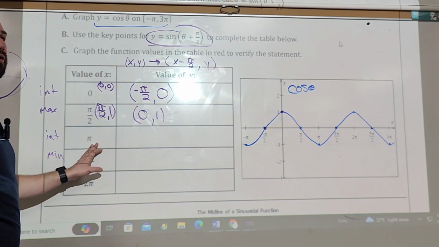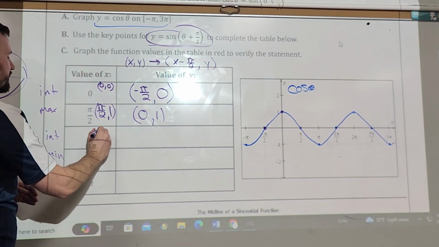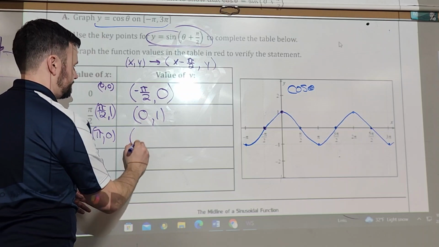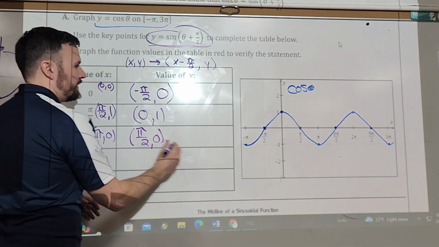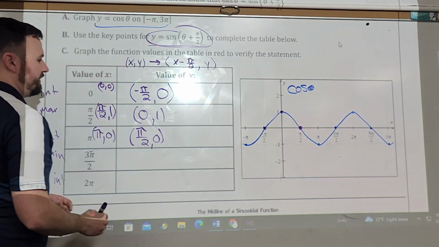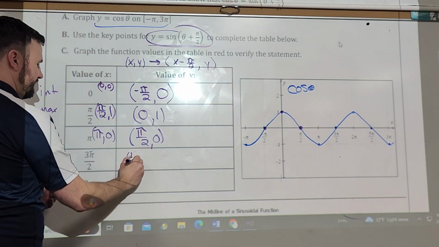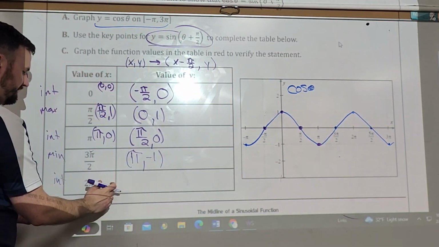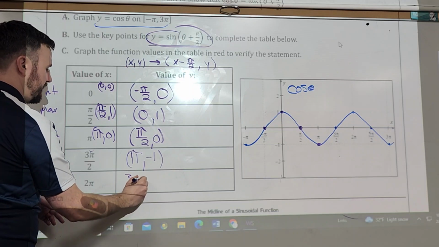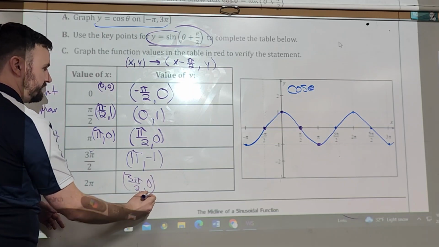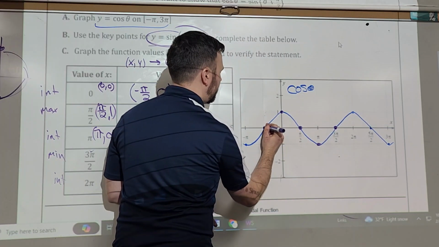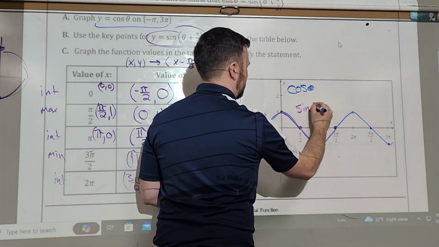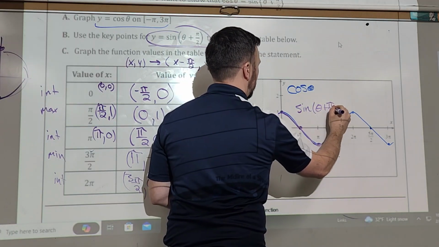Now, do you want me to go through all these, or are you catching on? Hold on, let's do one more. What's pi minus pi over 2? Pi over 2. Look at that. What's my next point going to be? Pi, negative 1, and 3 pi over 2, 0. So if I draw in purple my sine of theta plus pi over 2,